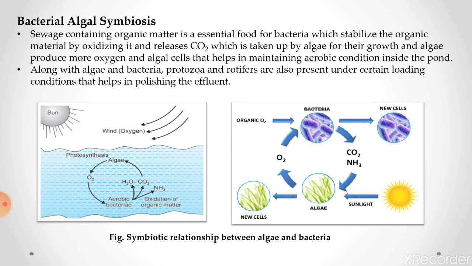So there is no need of providing the oxygen from externally. Oxygen produced by the algae is taken up by the bacteria itself, and they further use this oxygen for the decomposition and the stabilization of the organic matter, and the cycle will get repeated, and this entire process is called bacteria algal symbiosis, because the bacteria take the help of algae and algae take the help of bacteria. So by the mutual action and processes, the entire stabilization of organic matter is taking place in the oxidation pond.